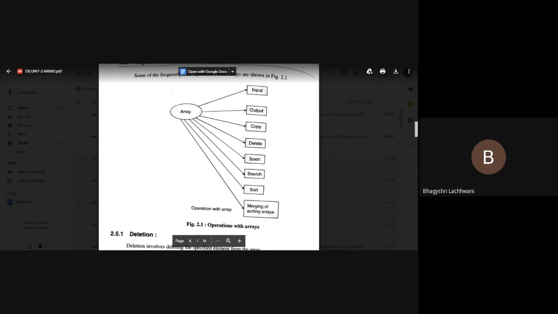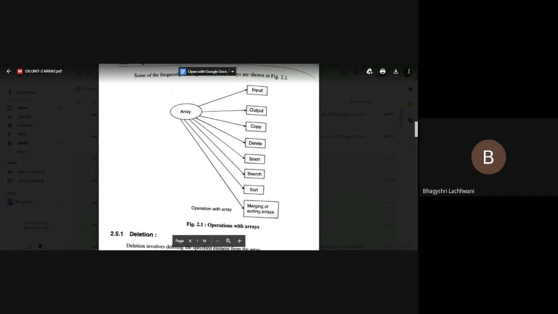Search, a search key will be given to you, and you have to find whether that searching element is present in your array or not. So two criteria: either scan the whole array and the element is not found, or if the element is found, just stop searching there, no need to search the further elements. Sorting can be given in ascending order or descending order. It depends on which task is given to you, so you have to perform the sorting accordingly.